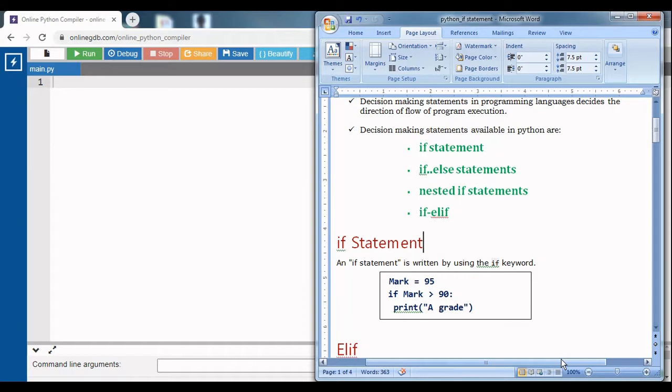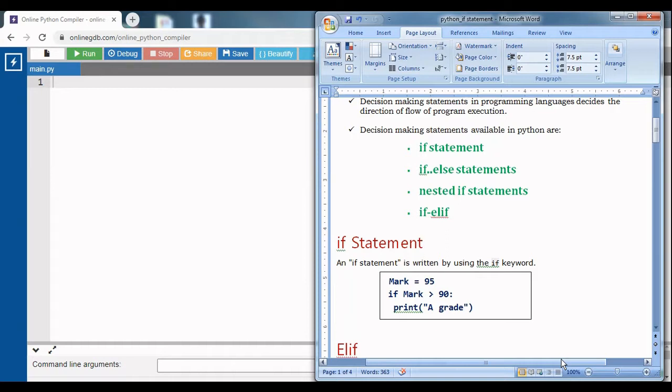If we have decision making statements in our program, we need to specify one or more conditions to be tested along with the statements to be executed. If the condition is true, we specify one or two statements to be executed, and if the condition is false, we specify another set of statements.